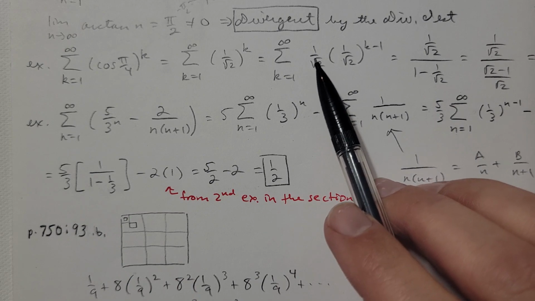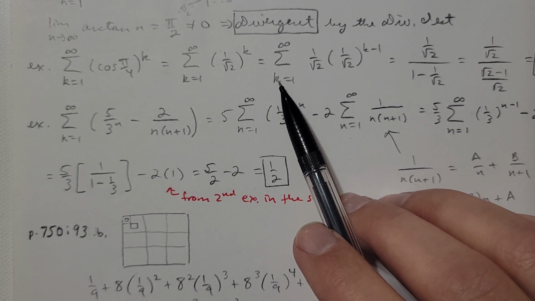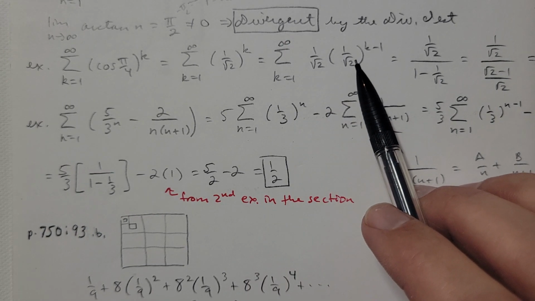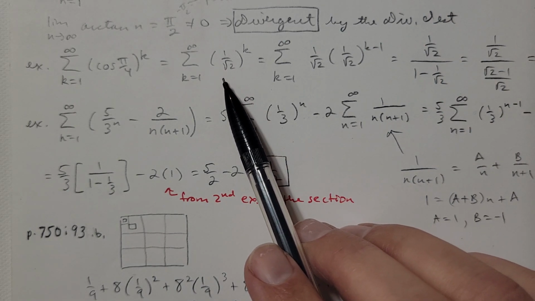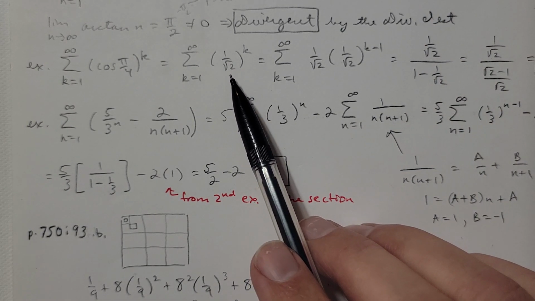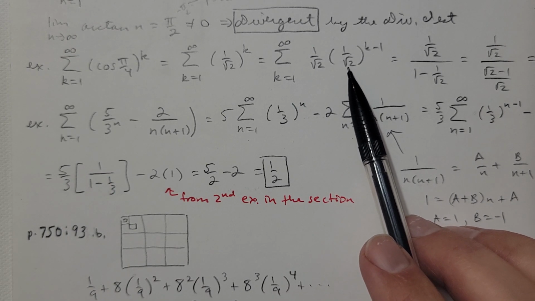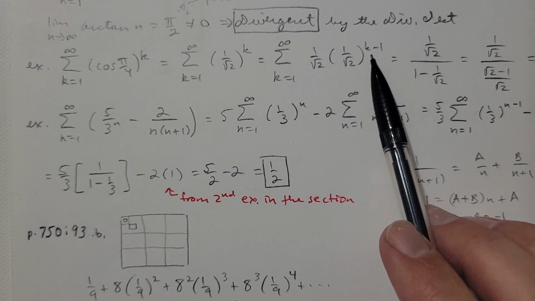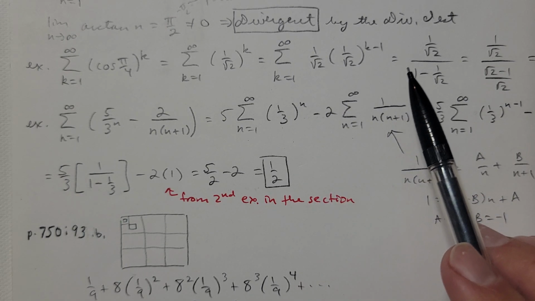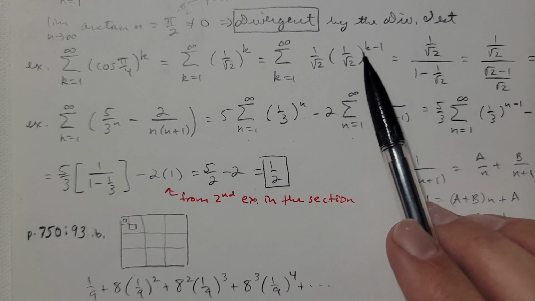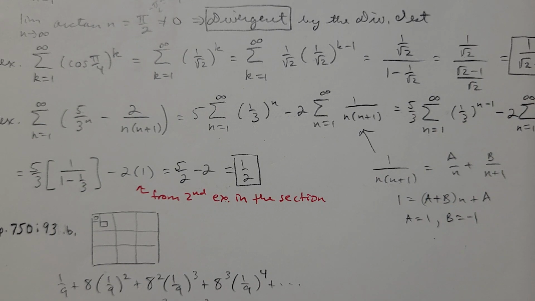So I need to be in the form a times r to the n minus 1. k is starting at 1. Okay, so I want the power to be k minus 1. So if we go ahead and factor out a 1 divided by root 2, then we got 1 divided by root 2 times (1 divided by root 2) to the k minus 1, k going from 1 to infinity. Okay, now I'm in the form that I need to be in, a times r to the k minus 1. And so now I can use the formula for a